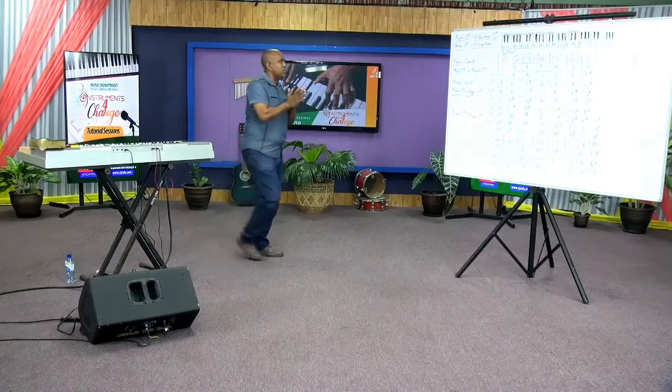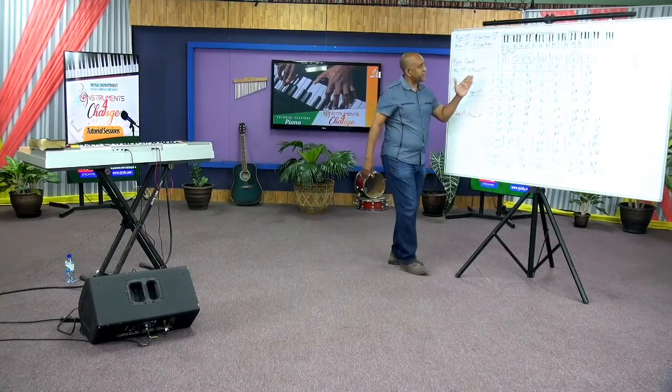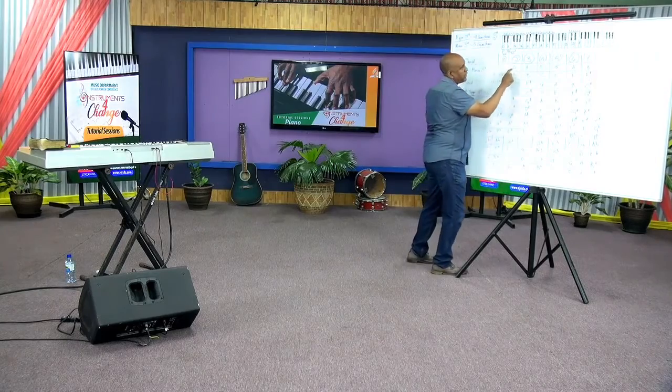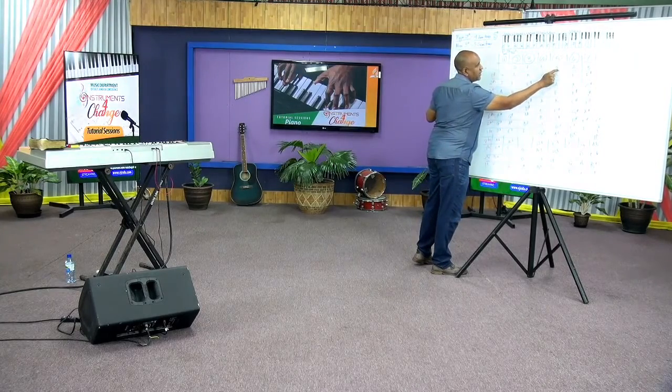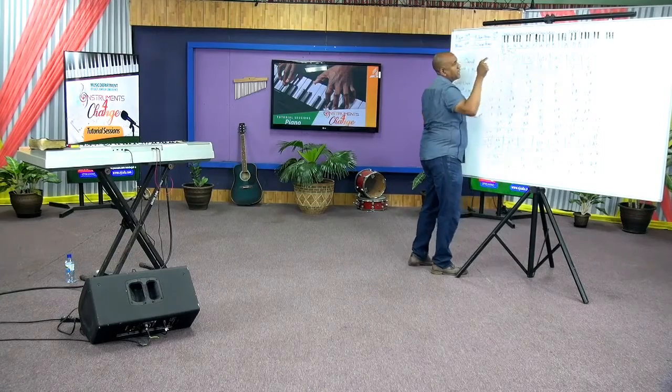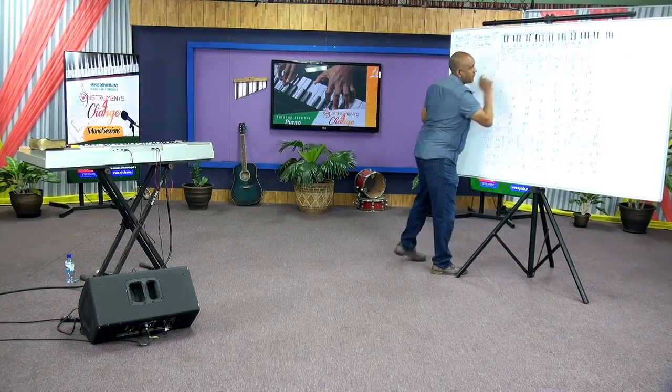So we are going to go in the cycle of fifths. So it's 1, 5 is G, 6 is A minor, and 4 is F. Now,